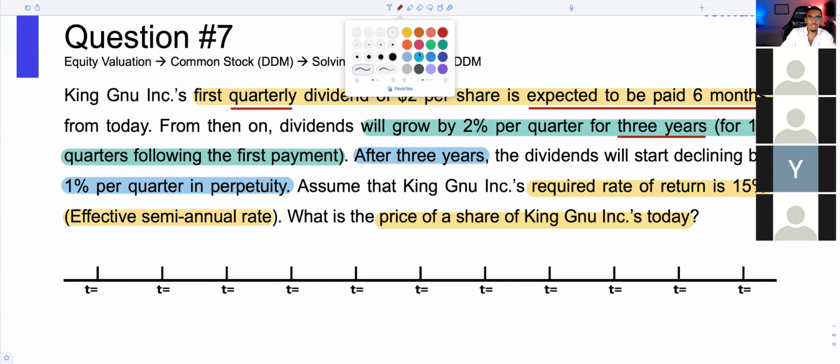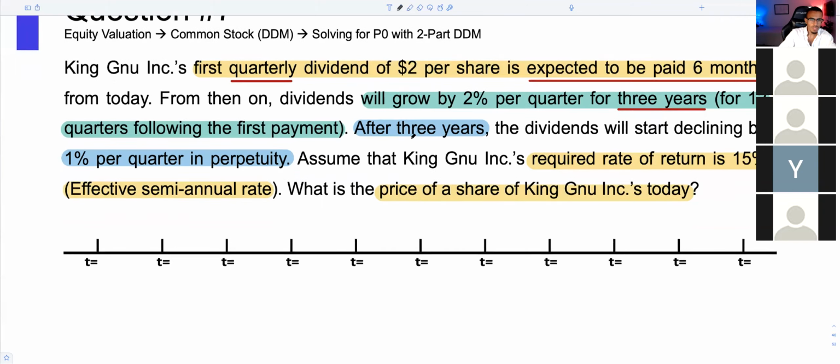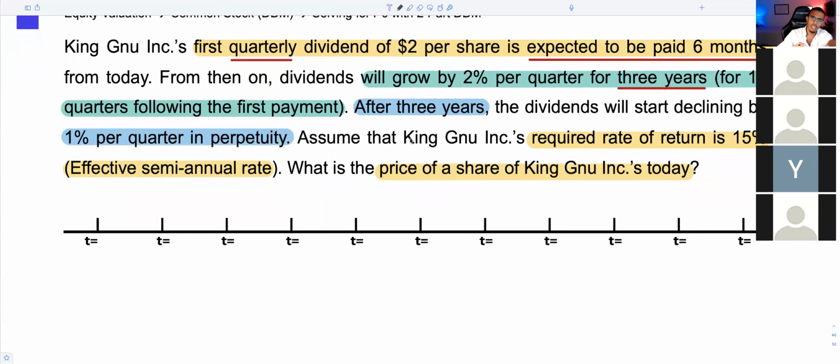So the first step is we're going to try to make this timeline. We're going to try to identify the things that we've highlighted, and put it through our timeline and make sense of it as we go. So as per usual, we typically always begin with t equals 0. Because we're dealing with quarters, we're dealing with 3 months at a time. That's pretty important. And in this question, they're telling you that the first dividend is paid in 6 months. So if this is T1, this is T2, and this is T3,